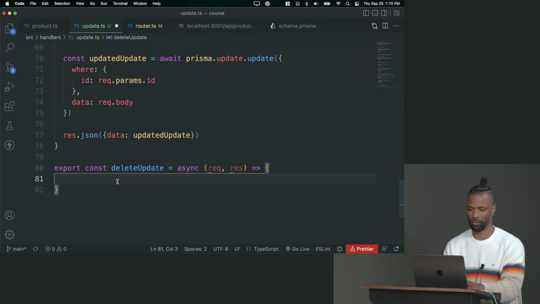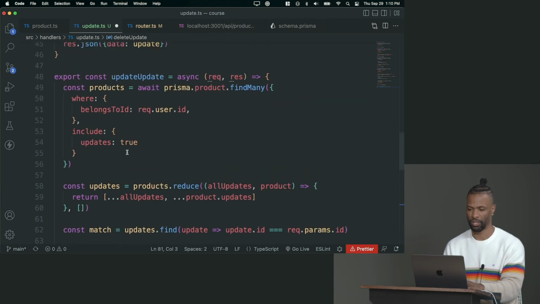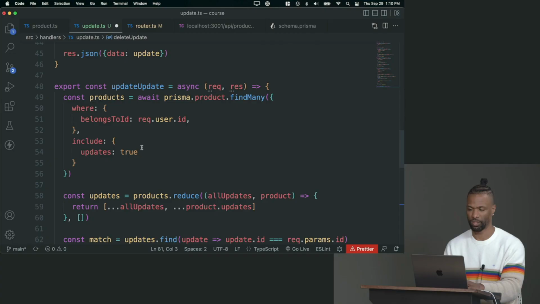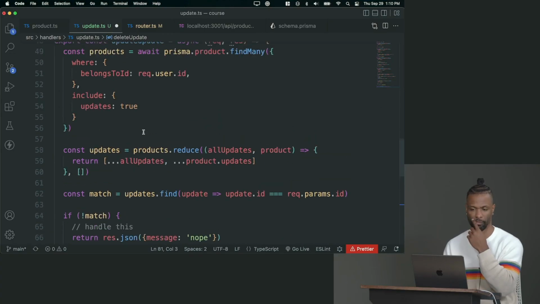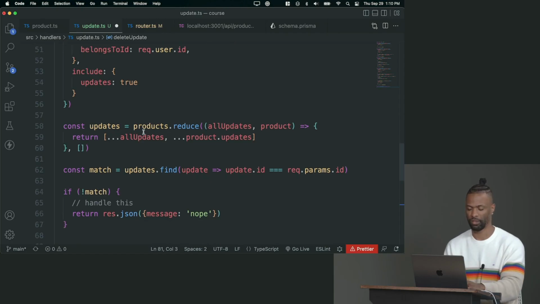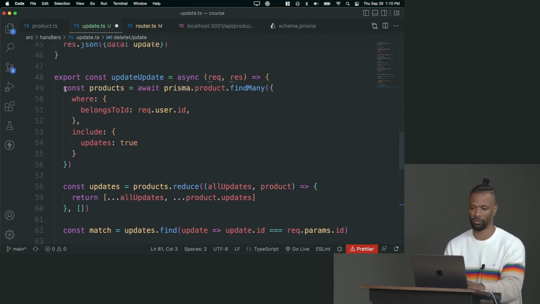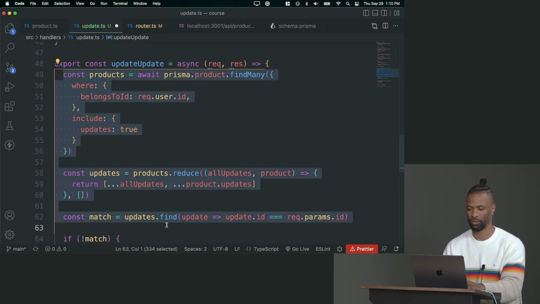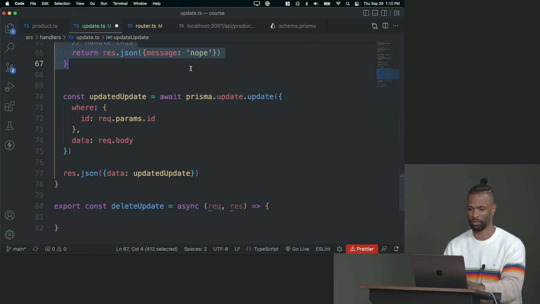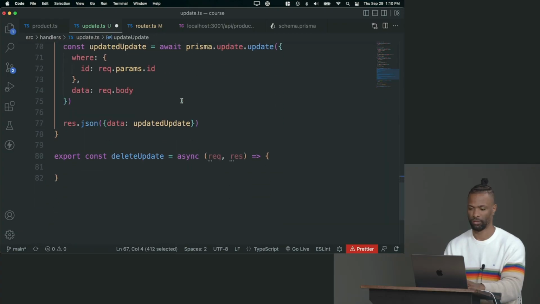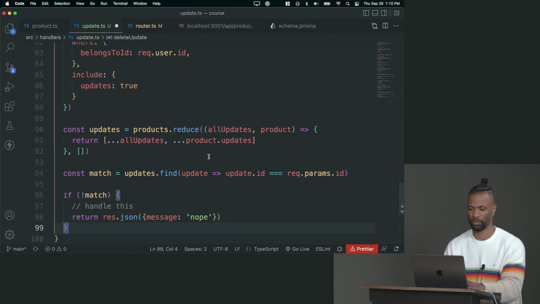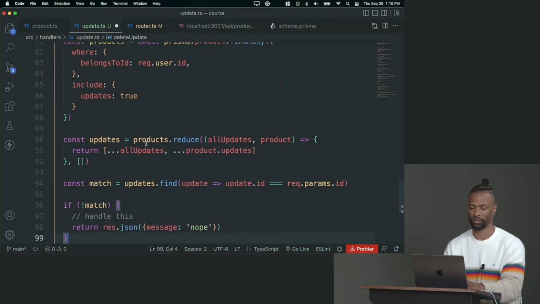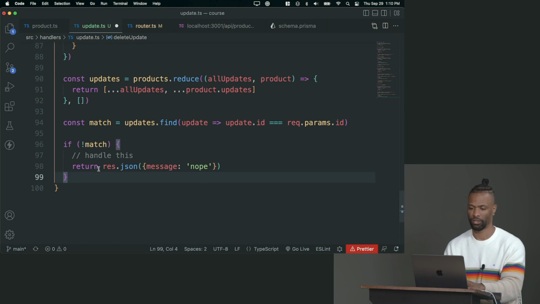Delete update. I mean, it's very much the same. It's kind of like an update. You just need to make sure that they own that update before you delete it. Otherwise, they're deleting something else. So the same problem we had here, we would need there. So I'm actually just going to copy this. Pretty much the same thing. And just put it here. So we got to find the products, find the updates. If there's a match, cool. If it's not a match, great. And only then can we say